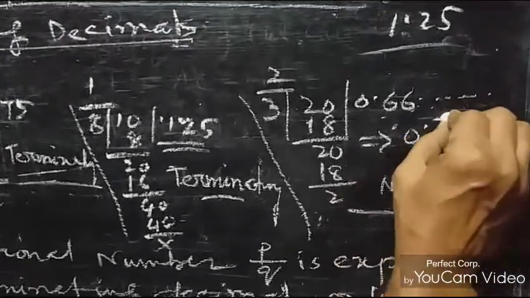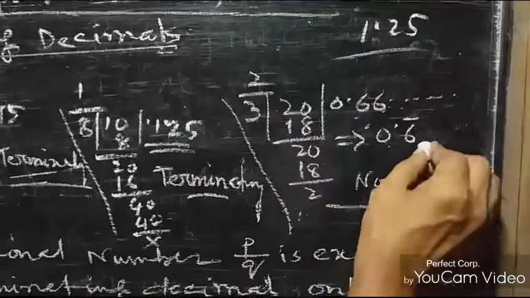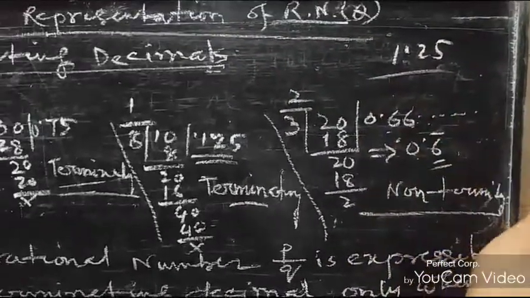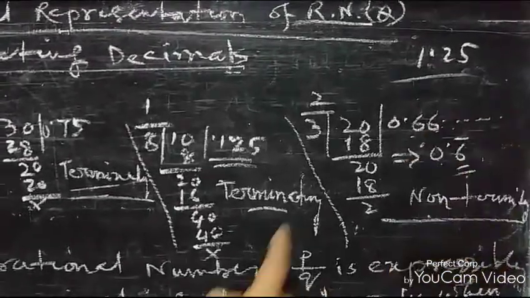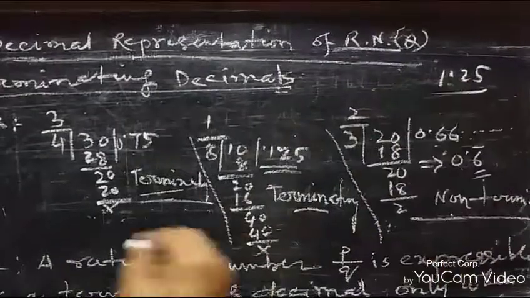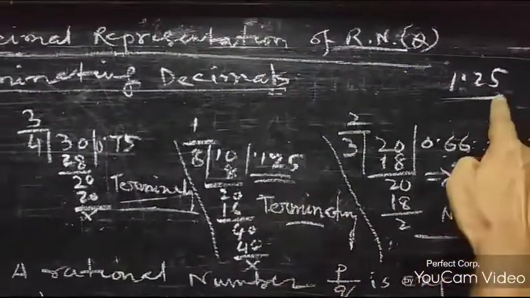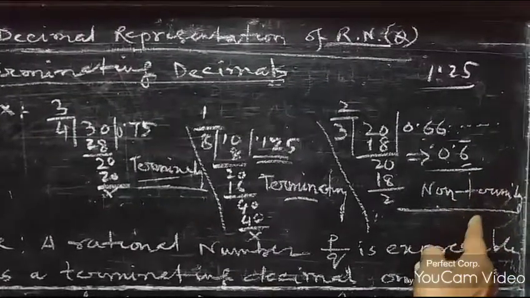That is, in the form of 0.6 recurring. The same number is repeating, so this is called a repeating number or recurring number. So non-terminating and recurring. This decimal representation can be like this number, or maybe like this. So this is called the terminating number, this is called non-terminating, and we also say non-terminating and recurring.